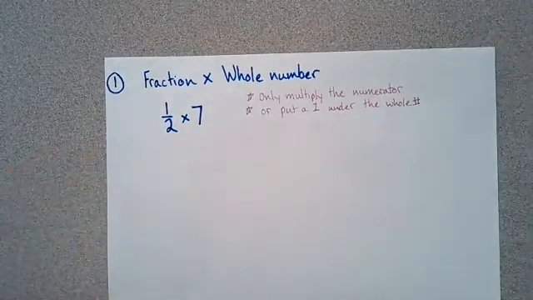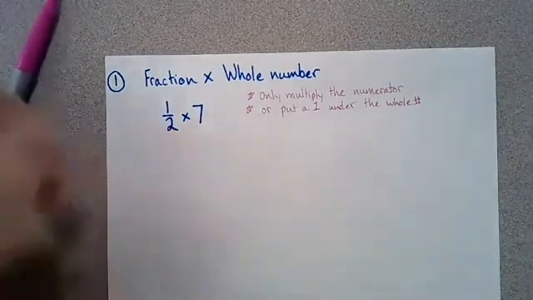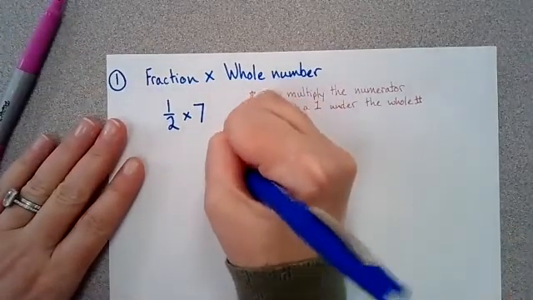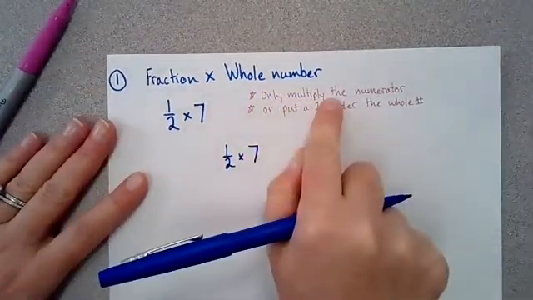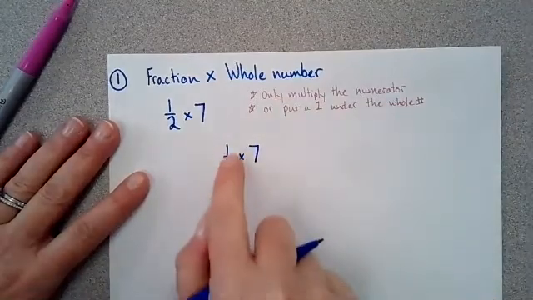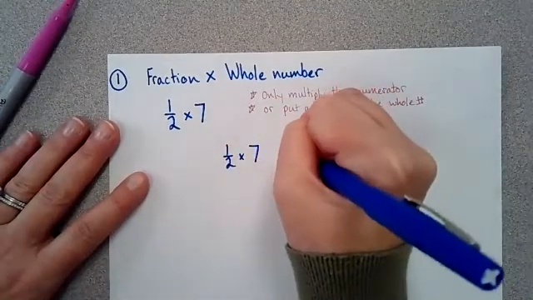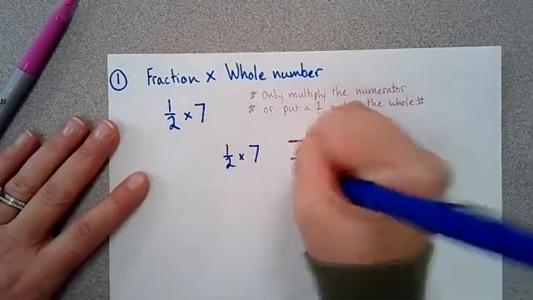Okay, so what that means is if you've got 1/2 times 7, I told you you can either only multiply the numerator, so you could do 1 times 7 is 7, and it would be 7/2,